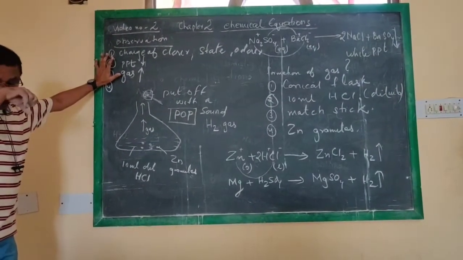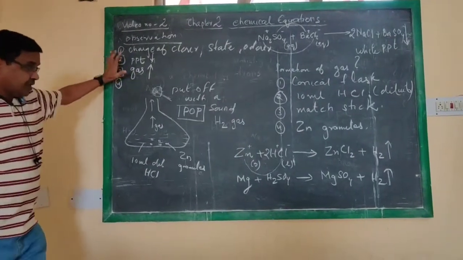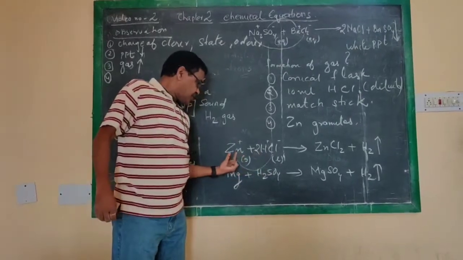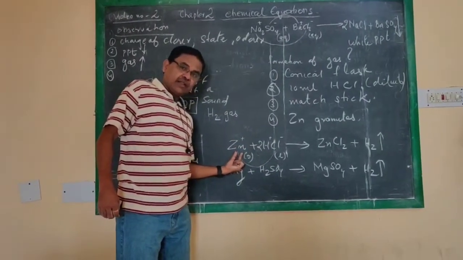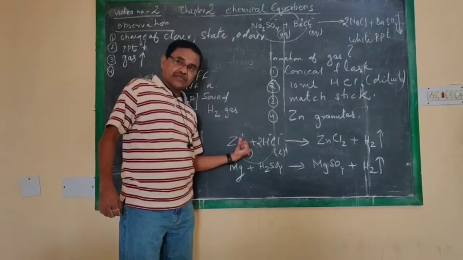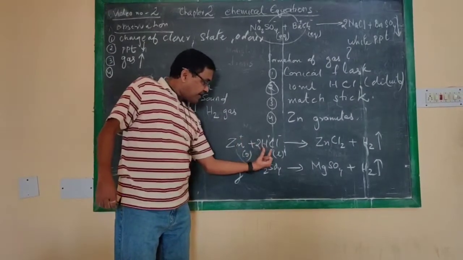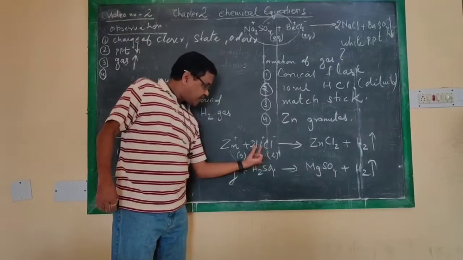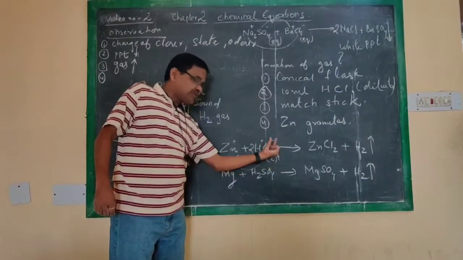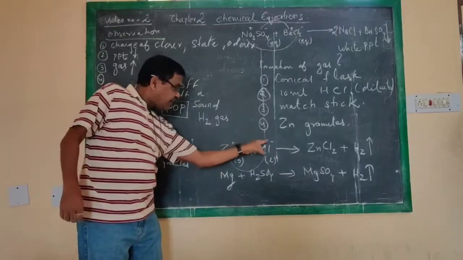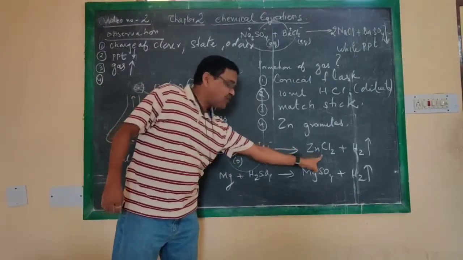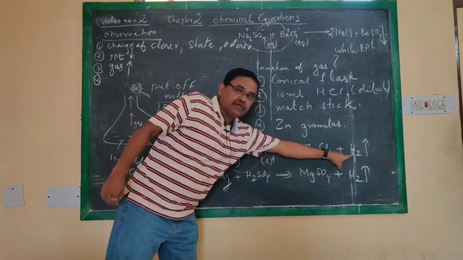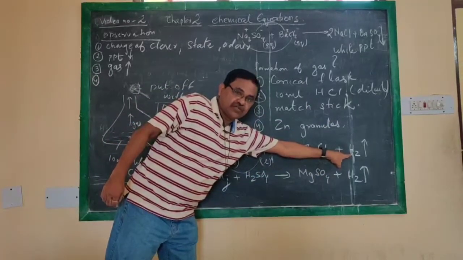So I hope you understood the activities. Basically what we have to understand is the chemical reactions. Zinc, a metal, always carries cations, which is a positive charge. Hydrochloric acid contains hydrogen and chlorine. That means hydrogen is positive, chlorine is negative. Positive and negative will attract each other, forms a compound called zinc chloride, and hydrogen is liberated. That means that is the formation of hydrogen gas.